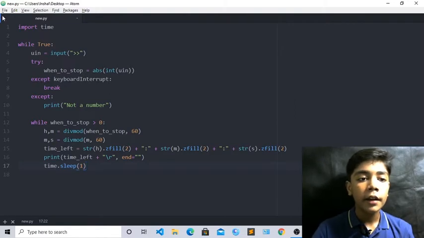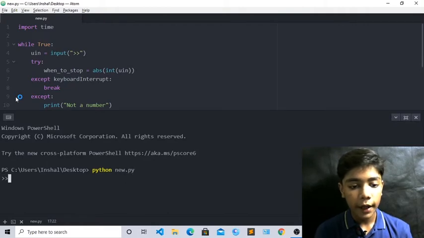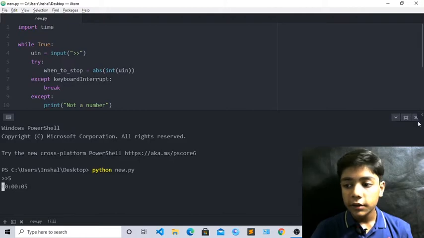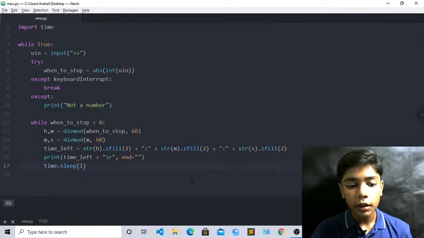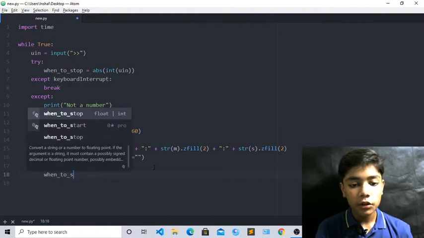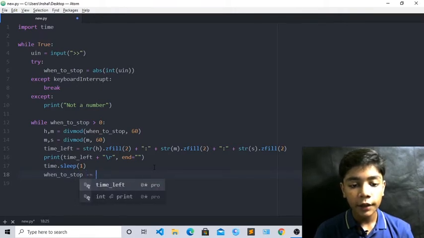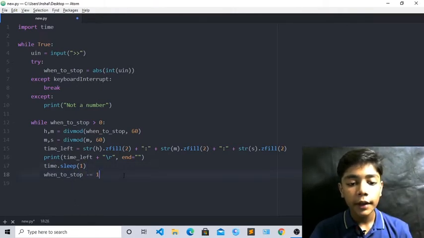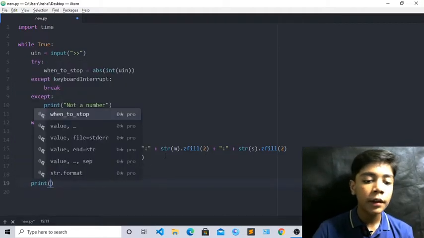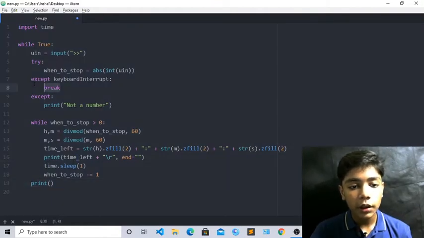Now come over here and we will check whether it's working or not. Save, come over here, python new.py 5, it is coming, but there are no seconds here. Okay, now come over here and write like when to stop again, and now we will define dash and equal to 1. Okay, now when you have defined all that, just underneath that come here and write the print tag. Now we will define all this with this print tag. Okay, now all this is break with this.